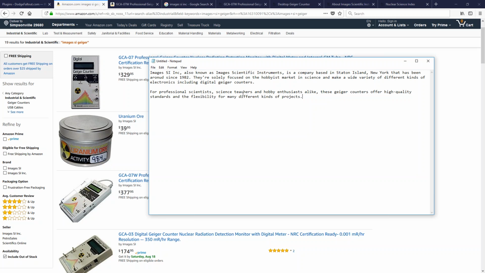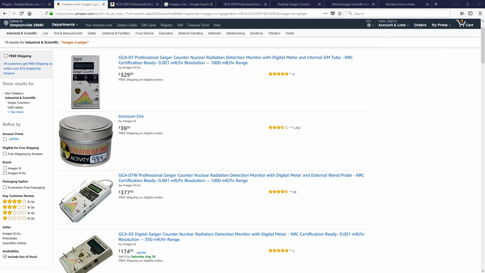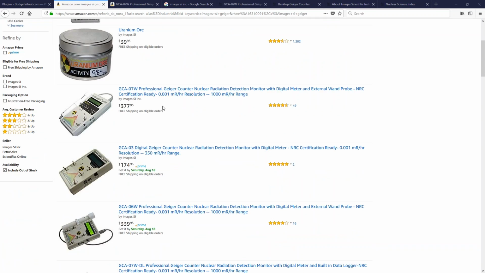So depending on the size of the article I'm looking to achieve, I can look at the products that are available to me, the information that's there, and what I think people might be searching for, and I can decide whether or not to include just one product or multiple products if I'm doing one of these brand pages. So what I mean by that is if I just wanted to do one product,